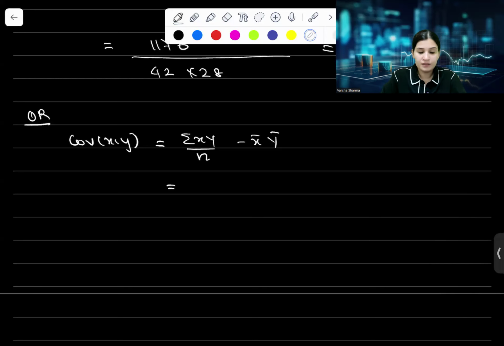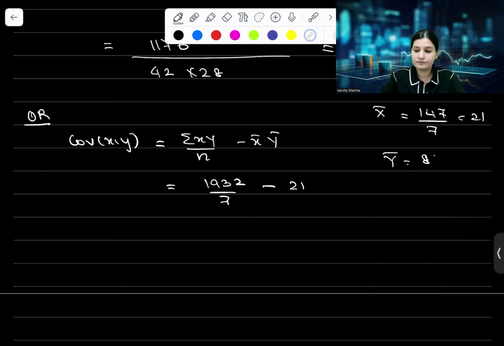Summation xy is 1932 by 7. What is mean of x? 147 by 7, 21. What is mean of y? 12. Calculate this value. How much? 24. If you got 24,